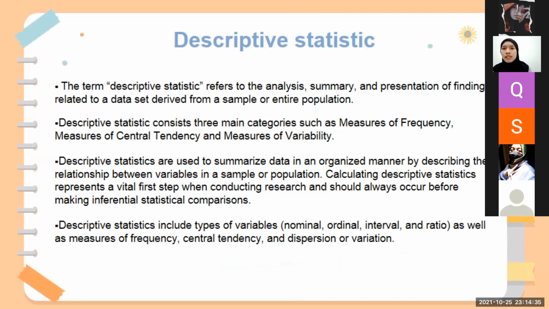Descriptive statistics consist of three main categories: measures of frequency, measures of central tendency, and measures of variability. Descriptive statistics are used to summarize data in an organized manner by describing